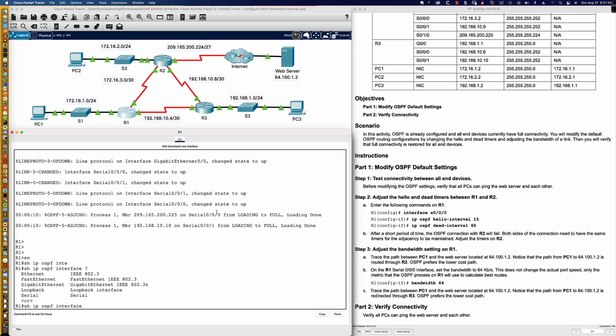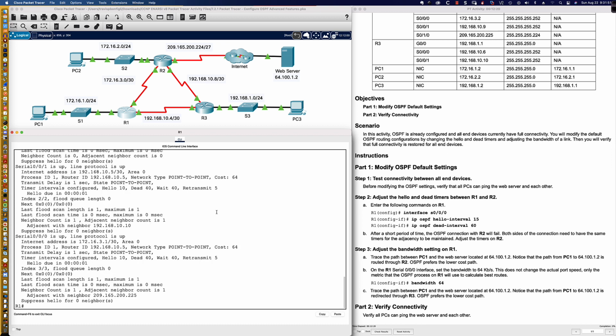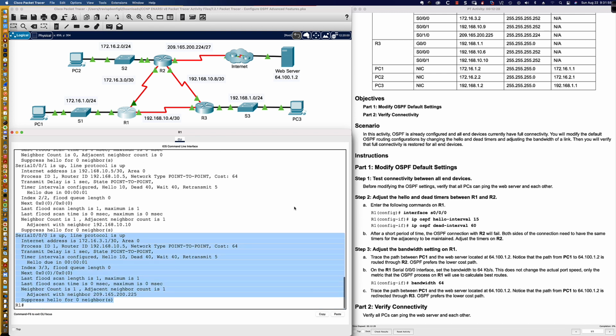That would be a great add-on here. That command exists in the real world on real Cisco IOS. But let's go ahead and we'll just simply say show IP OSPF interface. Now the serial 0/0/0 interface is the interface that we are interested in here, and let's pull out the drawing